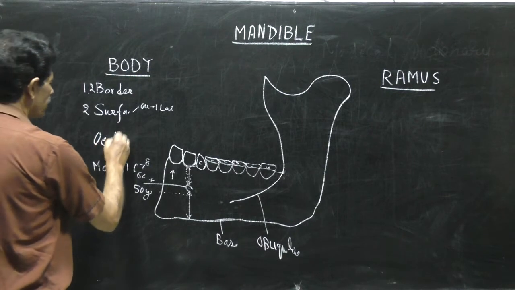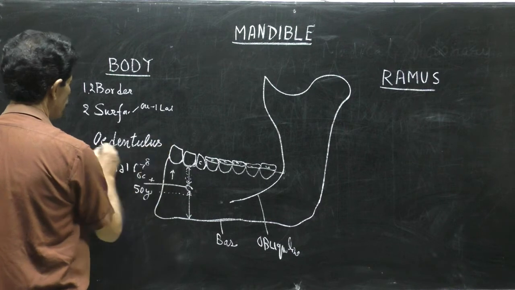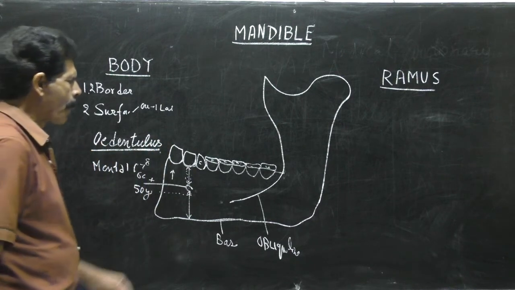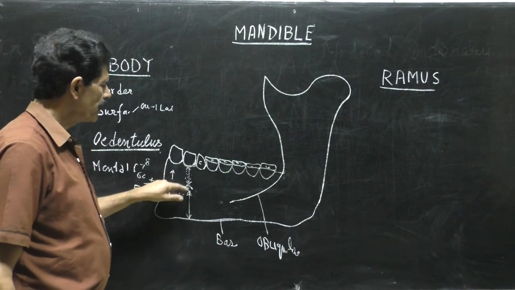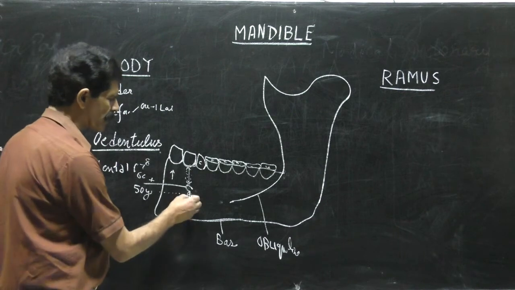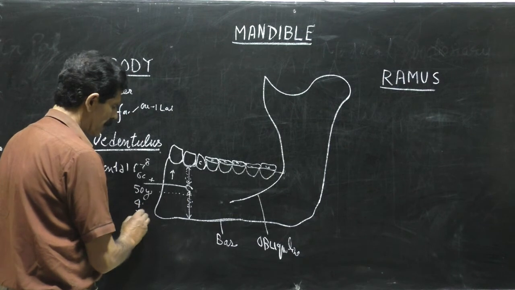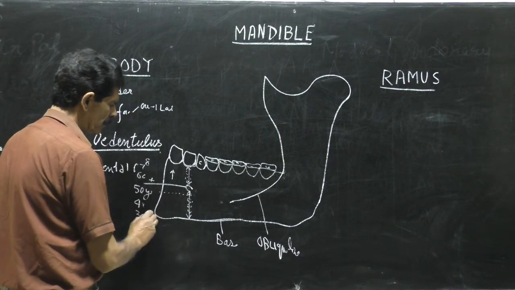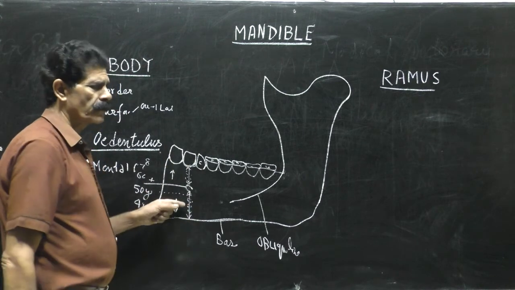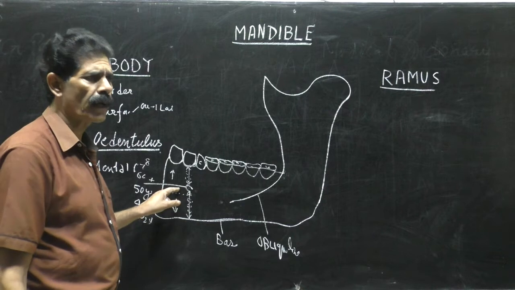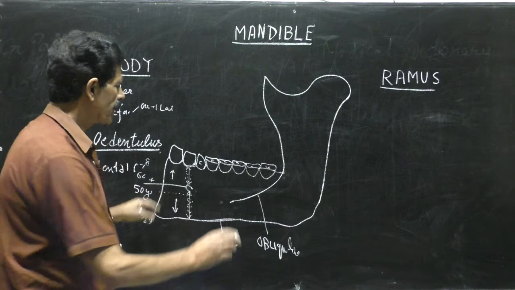Such a mandible without any teeth is called an edentulous mandible. If the mental foramen is below the center point between the superior and inferior borders, for example somewhere here, then the age is 40. If it is below, 30, still below, 25 or 20. So as you go down, the age decreases. So the mental foramen is a very important landmark for the determination of age in years. Then comes the medial surface.